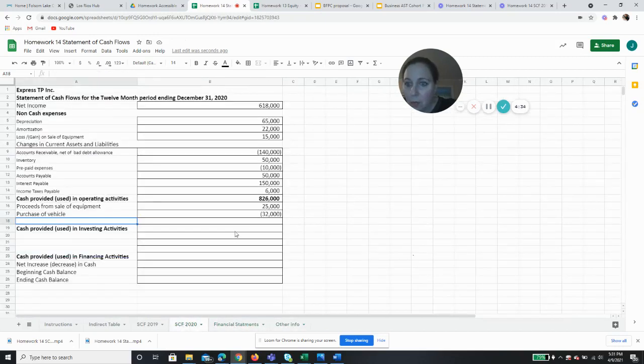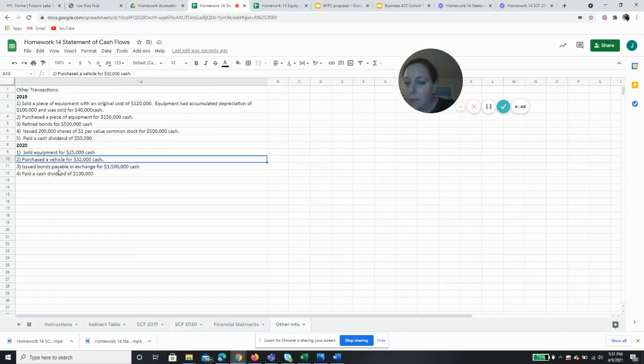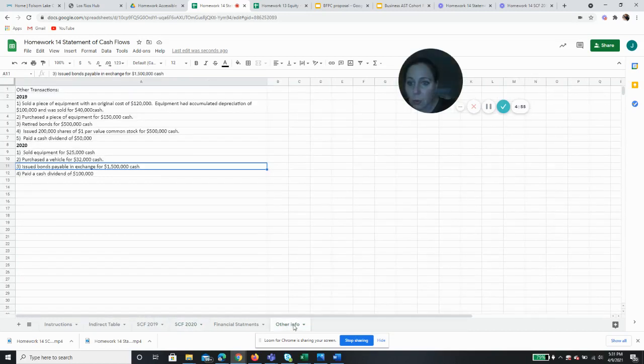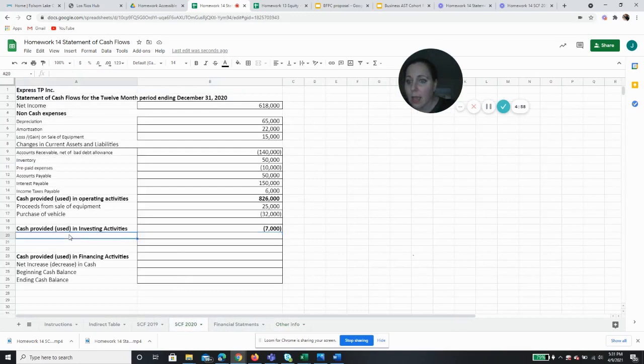So our cash flow from investing activities is a negative $7,000. All right, so for financing activities, we issued bonds in exchange for cash. This time we issued bonds for $1.5 million. So we issued bonds, and